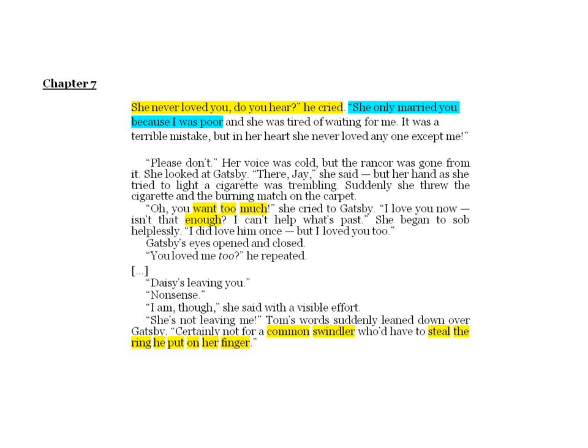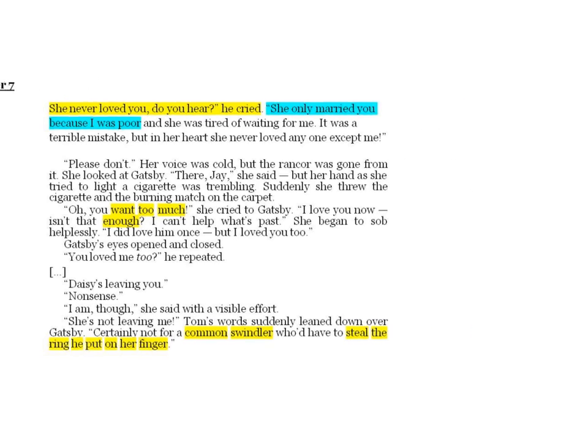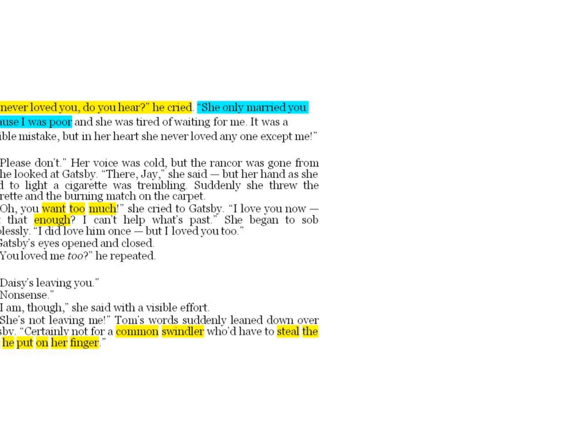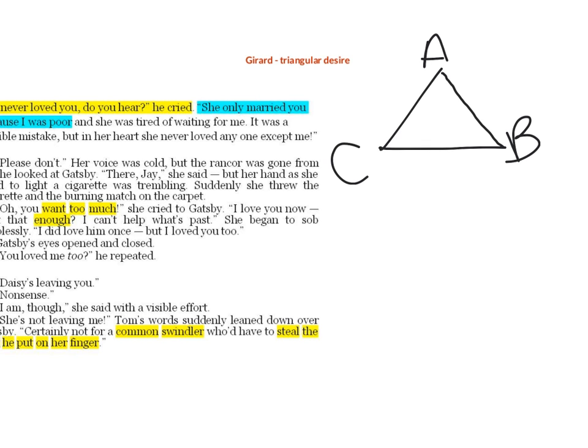Just a quick note on that idea of rivalry between the two male figures here. I want to quickly mention a theorist called René Girard, who comes up with this notion of triangular desire. I think I'm correct in saying that this literary theory was first expressed in relation to 19th century novels, but the principle applies here. The idea of triangular desire is that you have A and B, who are two male rivals, competing for the affections or the love or the hand in marriage of C, the female.